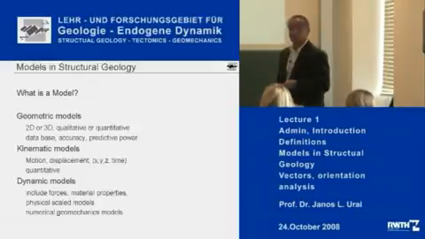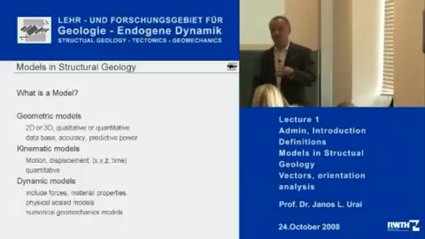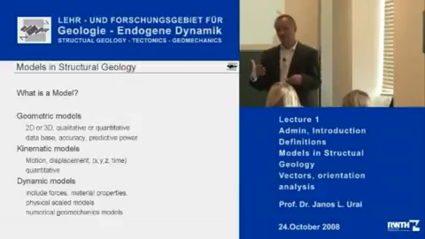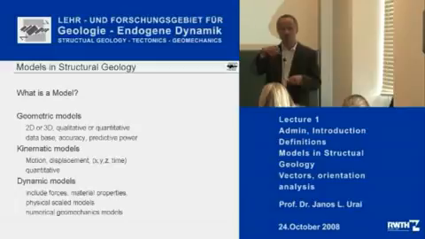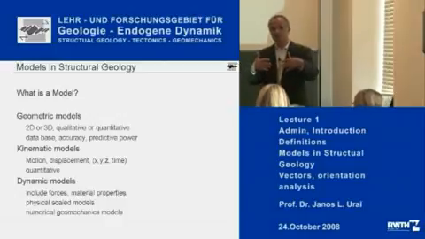Modern geometric models, as they are used in the minerals industry or in water flow simulations or in oil and gas field exploration and production, are usually built upon a database. There is lots of information from measurements in cores, in seismic, and maybe field. And these are all coupled in a database. And the result of this database